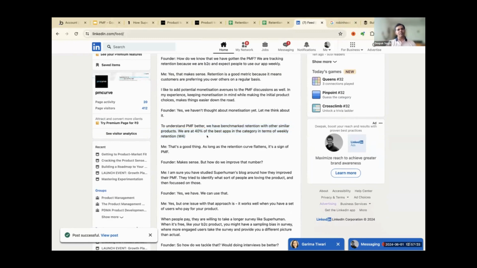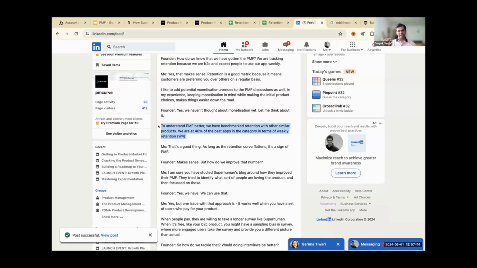Now, where does that leave us? Because this is something we do, right? We go to App Annie, we try to see the benchmarking. How much is the retention for Wynk or Spotify if I'm working for a Gaana or JioSaavn, right? So his point was, how do I know if I have achieved PMF, right? And again, therein lies the point.